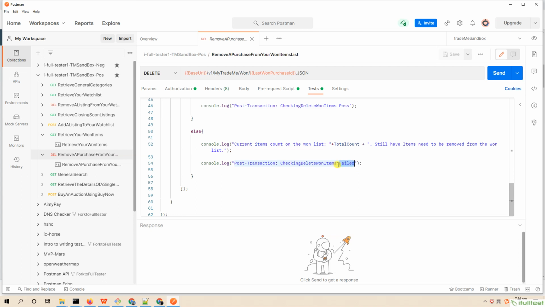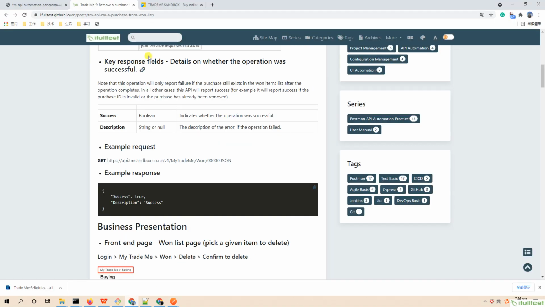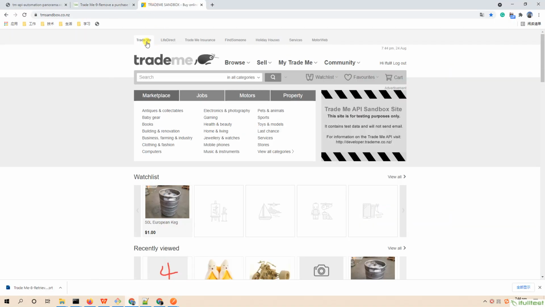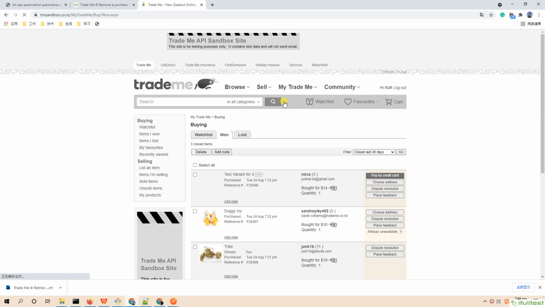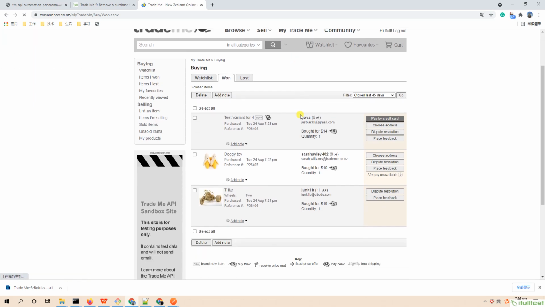We could check the initial status from the TradeMe front-end UI side before we send the requests. See, we have 3 items on the one items list.